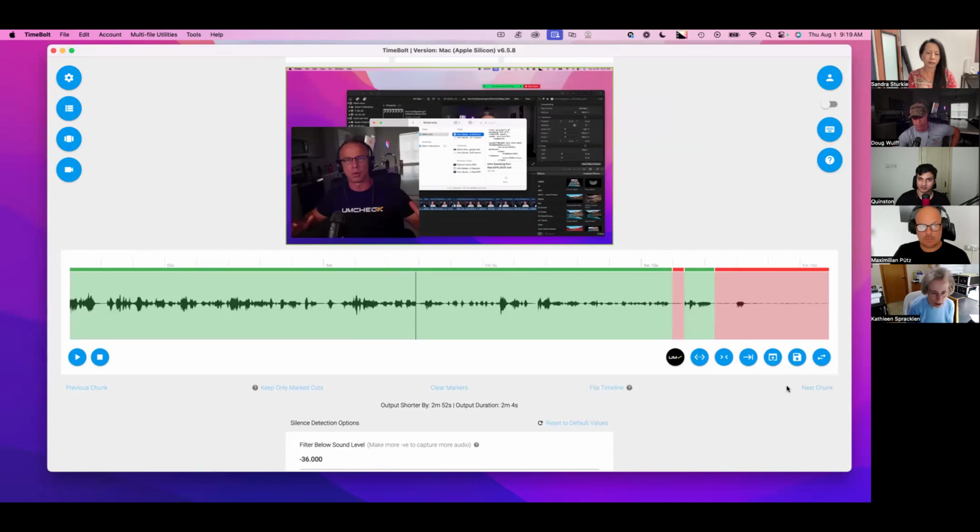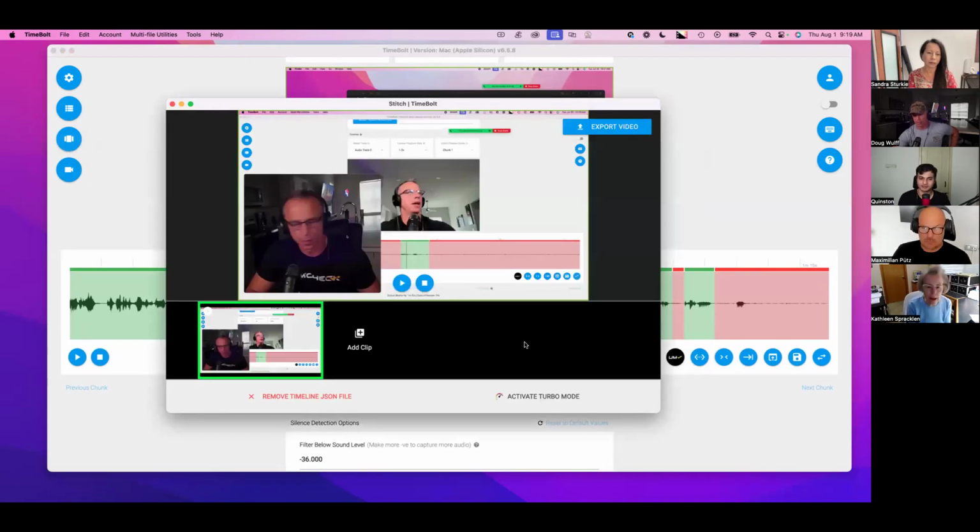So you'll have 3 JSON files and 3 raw files that you started with. When I bring them in, I bring in and apply. This is the export piece of TimeBolt. While you're applying these things, remember, you can activate turbo mode if these are talking